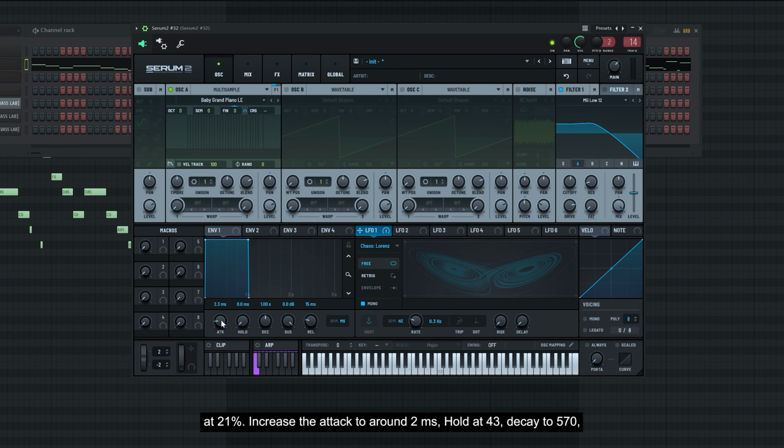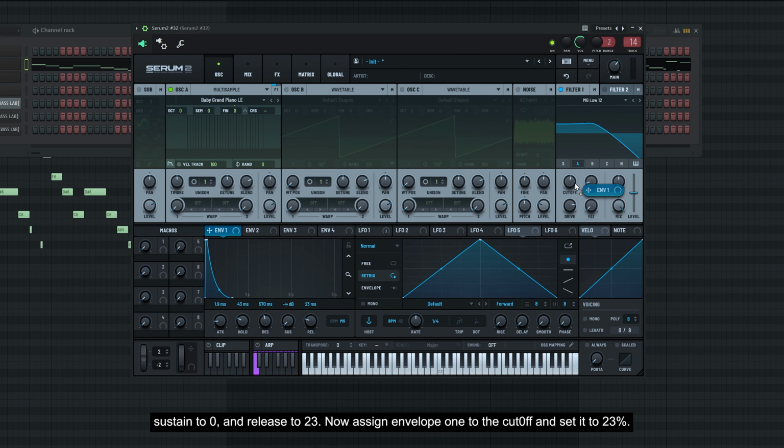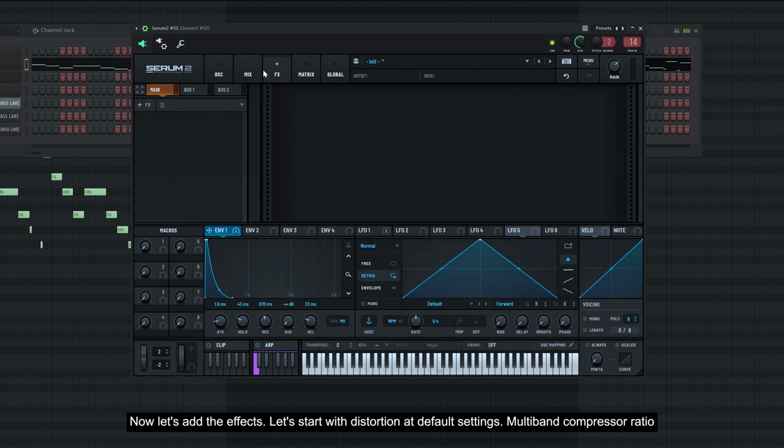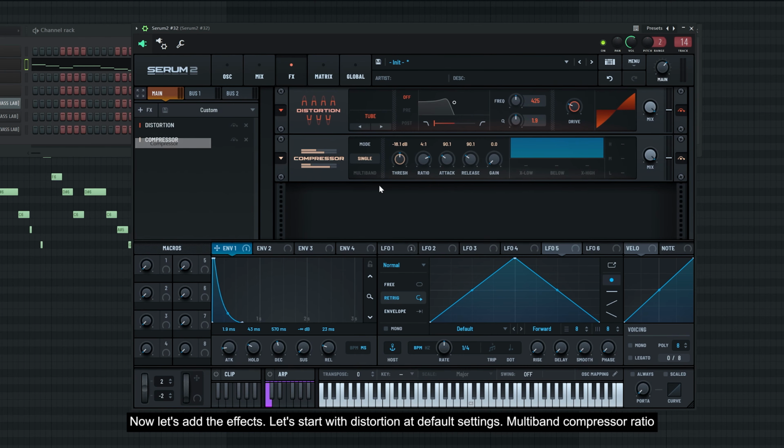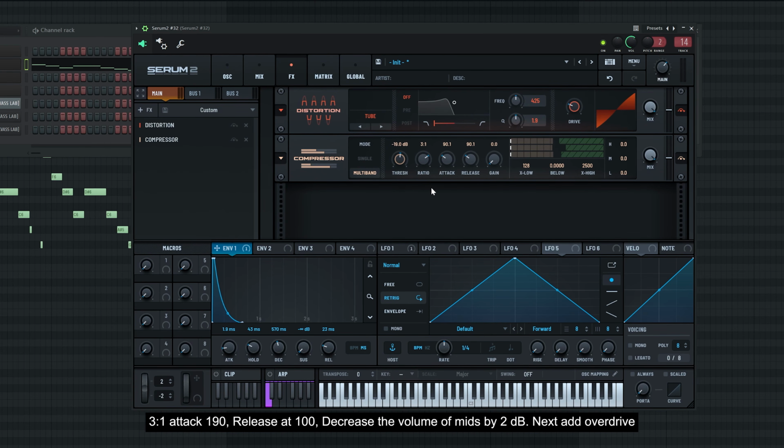Increase the attack to around 2 milliseconds, hold at 43, decay to 570, sustain to 0 and release to 23. Now assign envelope 1 to the cutoff and set it to 23%. Now let's add the effects. Let's start with distortion at default settings, multiband compressor, ratio 3:1, attack 190, release at 100, decrease the volume of